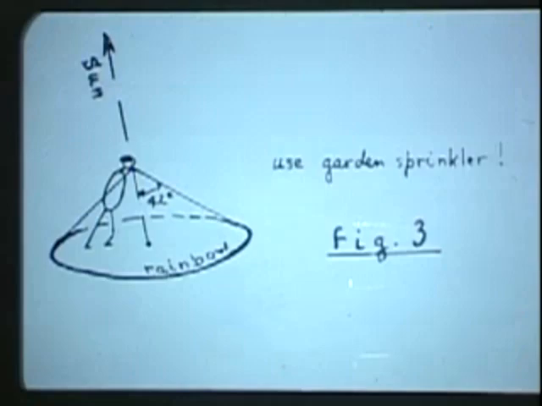And then here is a sketch that I made that indicates that even if the sun is very high in the sky, if you want an ego trip, and if you spray your lawn, then you can have a rainbow encircling your legs, which gives you a feeling of great power. Believe me, I've done it many times.